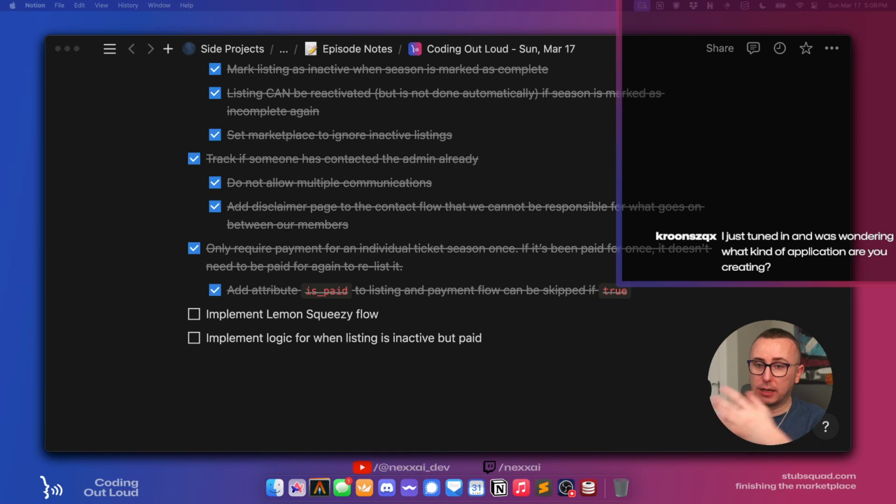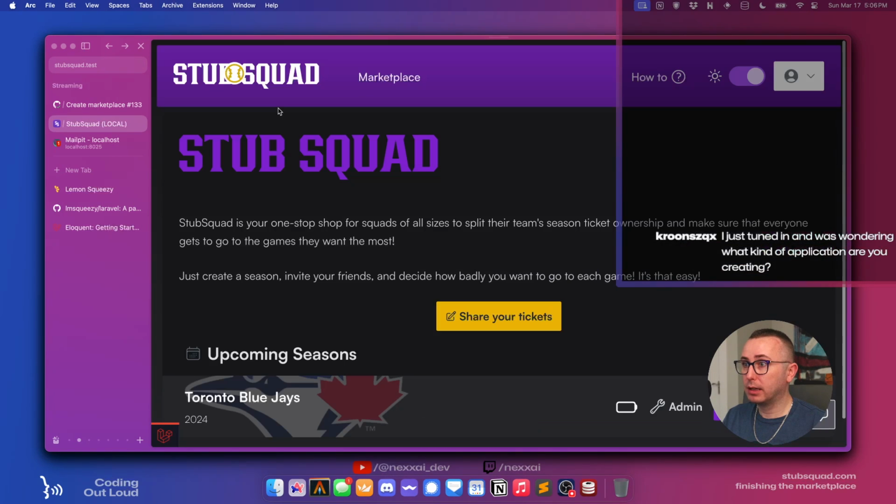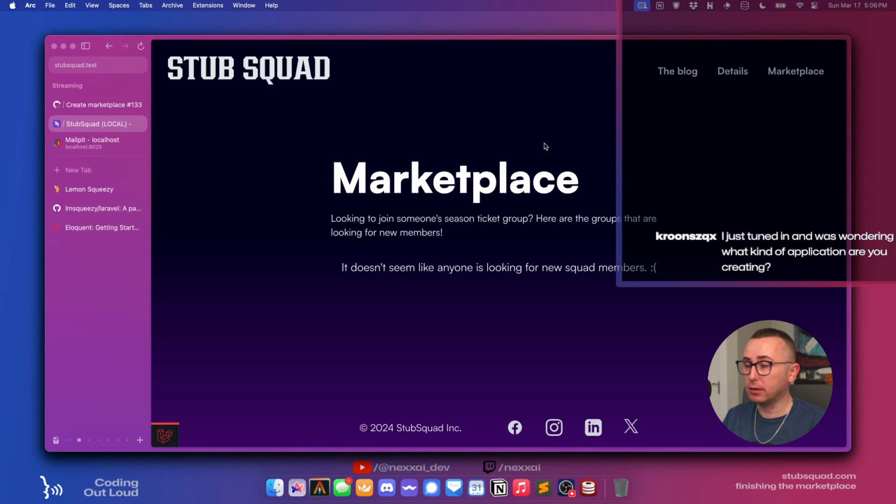And then once everyone's locked in those rankings, the person who created this season on our site can complete it. Then it starts divvying up the games based on who wanted which game more, is the easiest way to describe it. And right now, the feature that we're adding is, let's say you're a group of two people, but the tickets are getting really expensive and you want to bring in a third or maybe a fourth person as well. So this feature allows these groups of people to place a listing, and I can even show you what one looks like. So the listing would look something like this. Oh, of course, it's not going to be there.